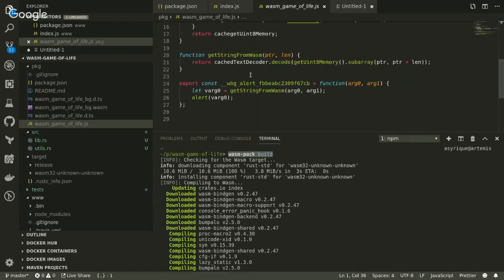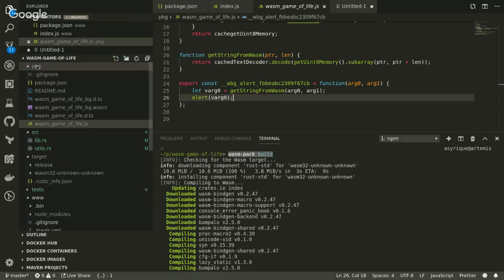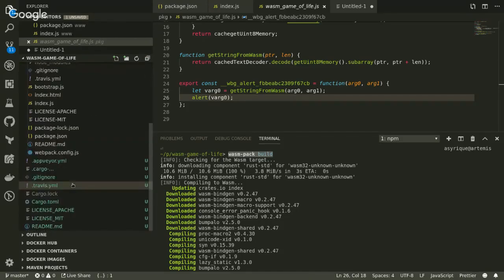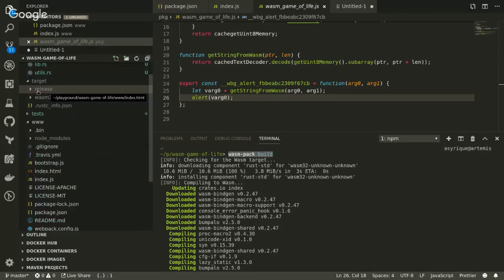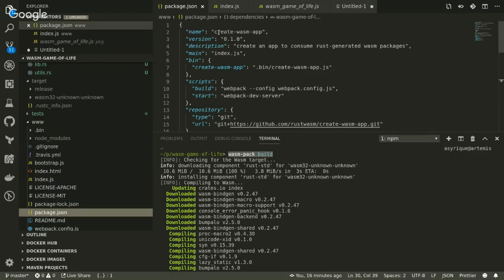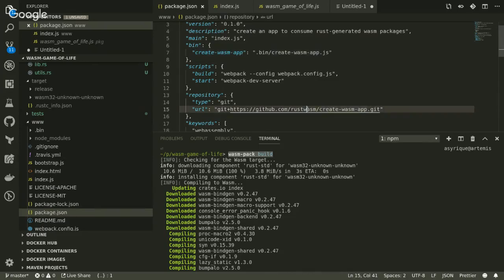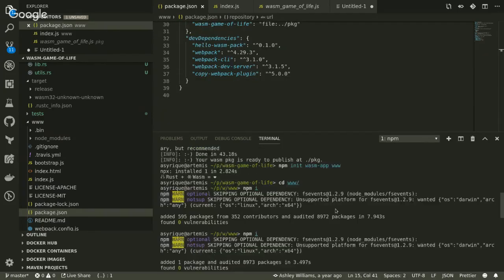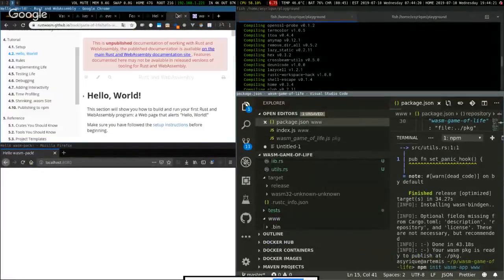But your IDE will still have auto-complete and things like that? Yeah, it should, yes. This is all generated, by the way. So everything from the pkg here is all generated, and everything inside of the www here also is. Where's the package? Here we go, yes. So this is basically like, think of Create React App. There's also a Create WASM app that has all the boilerplate that you need in order to consume Rust generated WASM packages. Yeah. So if you did all those steps right,